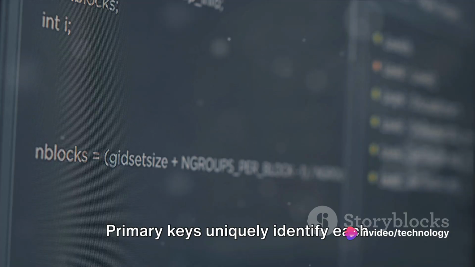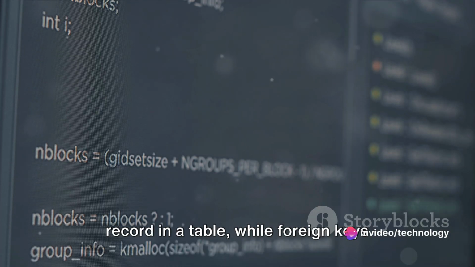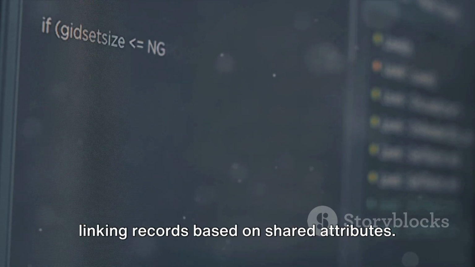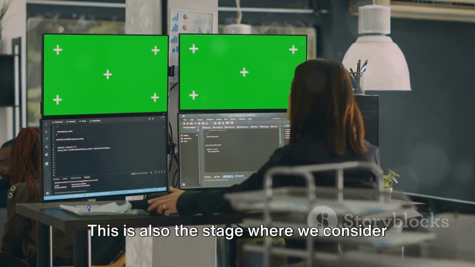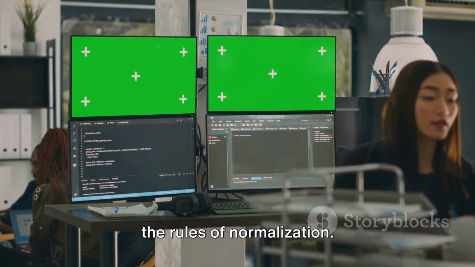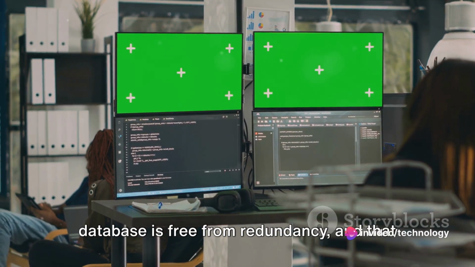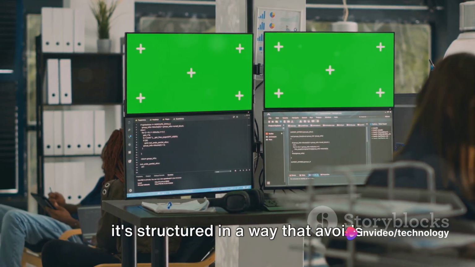Primary keys uniquely identify each record in a table, while foreign keys establish relationships between tables, linking records based on shared attributes. This is also the stage where we consider the rules of normalization. These rules help us ensure that our database is free from redundancy and that it's structured in a way that